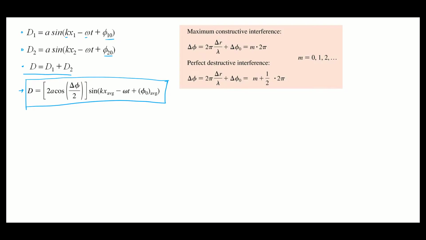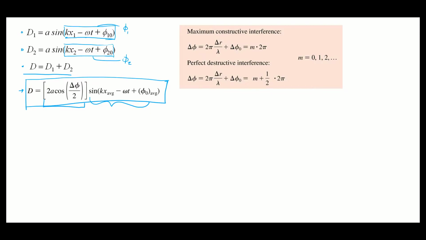It created essentially another sinusoidal wave with an amplitude that varied depending on the phase difference, where we had the phase, the argument of that sine, for wave one, and the phase of wave two. And the difference in phase between those two, or the phase difference divided by two, caused this amplitude to either be really large, if we had crests lining up with crests from the two waves, or we could have the case of perfectly destructive interference, where we would have a crest from one wave lining up with a trough from another wave such that they would cancel, and you would have essentially no wave. You'd have zero amplitude here.